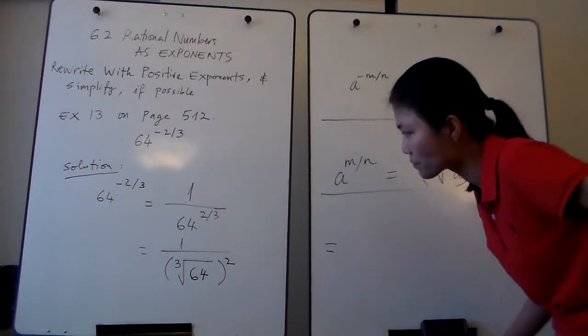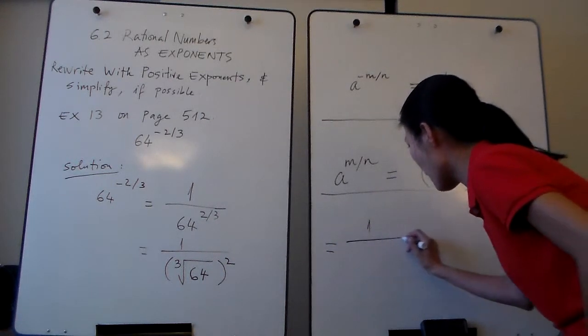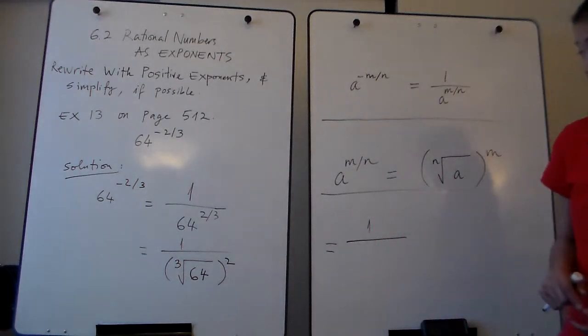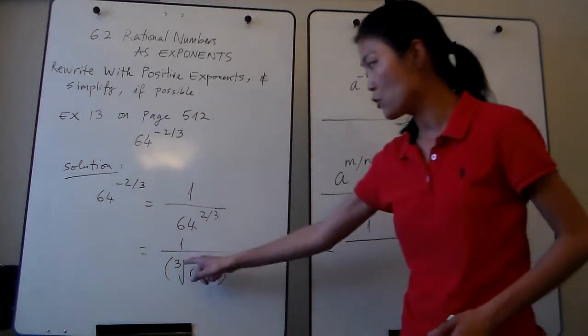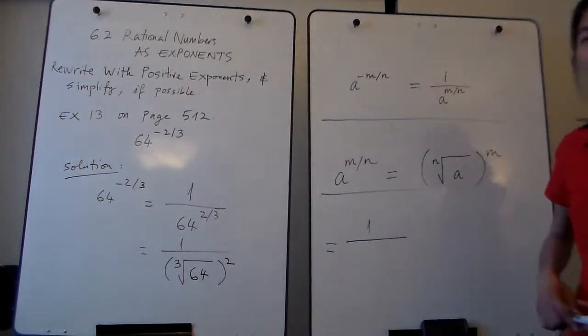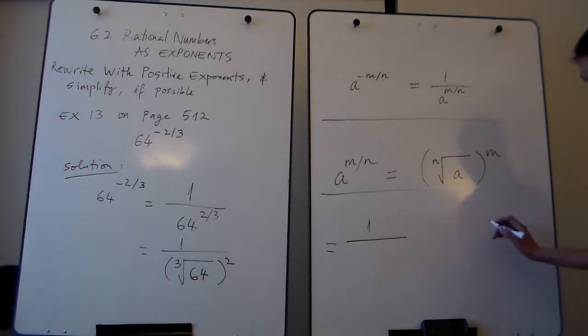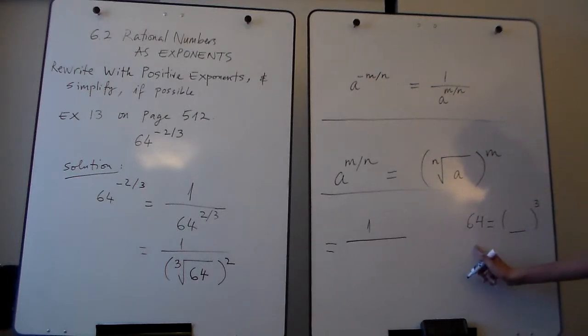So equal 1 divided by. Now, by now, I hope you are able to recognize that when you take the cube root of 64, you would get 4. Because 4 is the cube root of 64. So think about 64, right? Think about what cube root is that when you cube it, when you raise to the third power, you get 64. It's going to be 4, right? 4 times 4 is 16. 16 times 4 is 64. Okay? So,